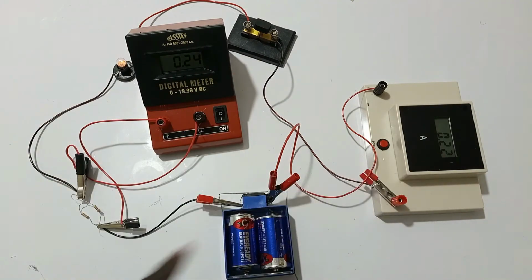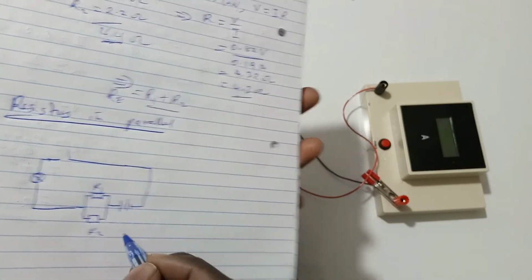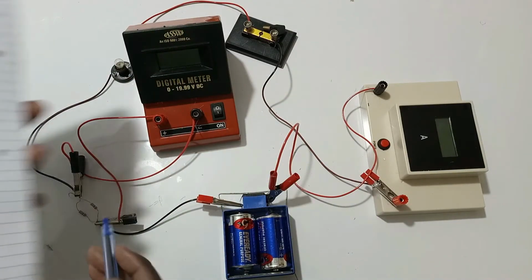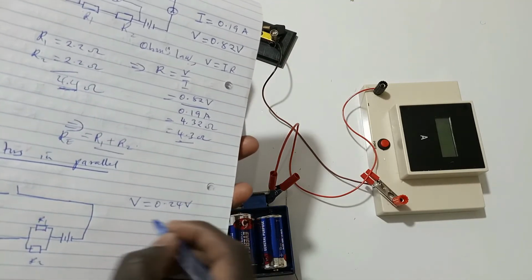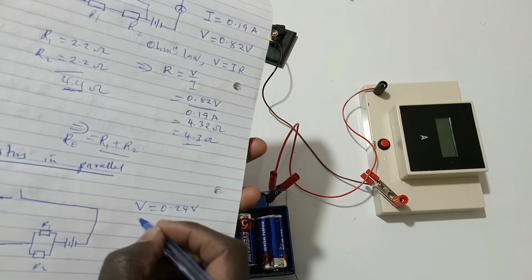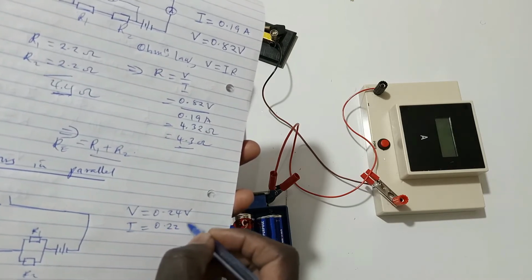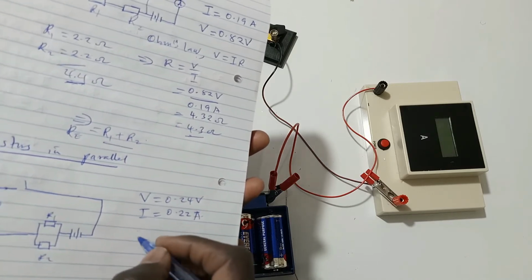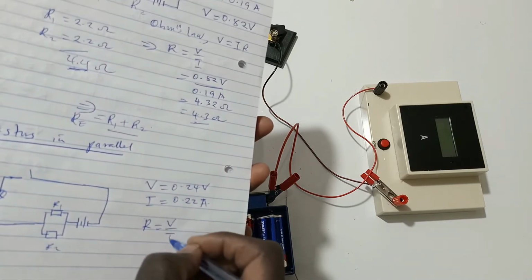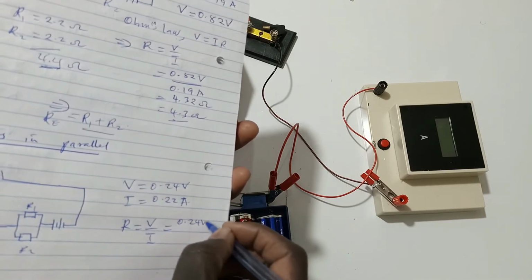The current is 0.22. So let's do the calculation. This is R1, R2. The voltage is 0.24 volts. The current I was 0.22 amps. So the resistance R, that is V over I, gives us 0.24 volts divided by